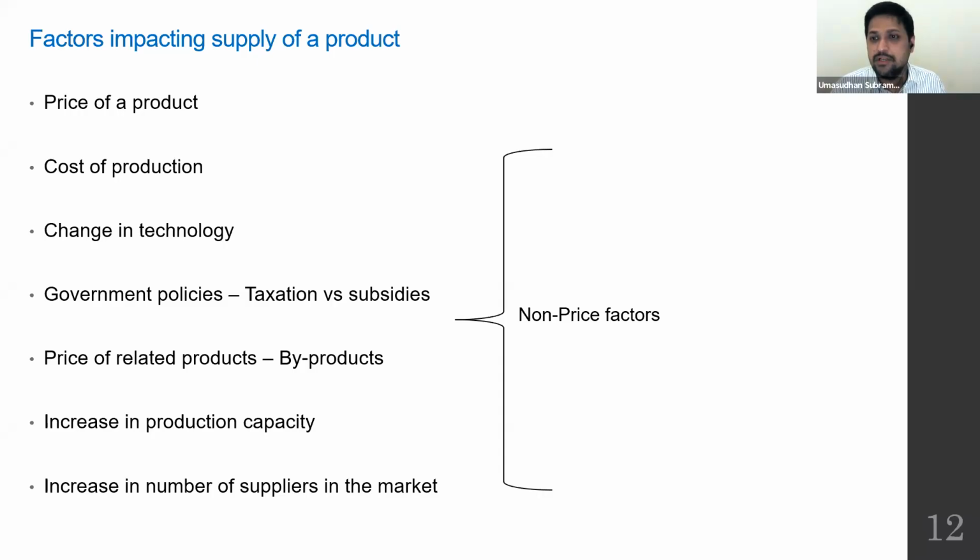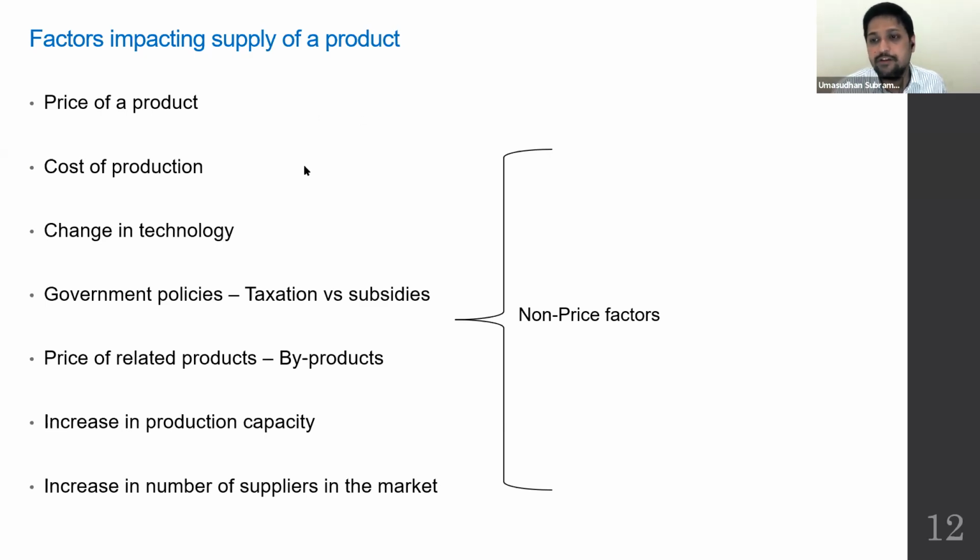So moving further down, we are going to talk about what factors would have an impact on the supply of a product. These are the factors that are going to have an impact on the supply of a product. Price of a product. What is the relationship? Is the relationship positive or negative? Can you guys talk about it? What do you think is the relationship between price of a product and the supply of the product? Positive. When price goes up, supply increases. Price decreases, supply decreases, because we are talking about profit motivated sellers and how they behave.